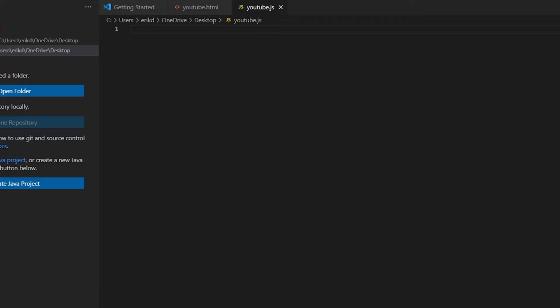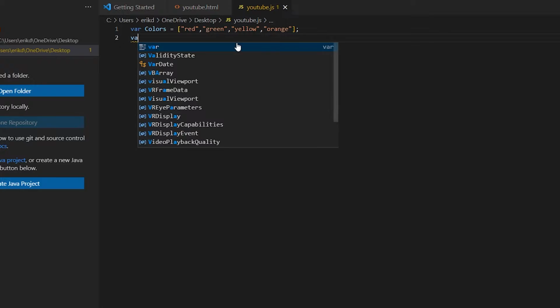So in my JavaScript, we have to make the background change colors every second or something like that. So what I'm gonna do is make an array of colors, and I'll give some colors like red, green, yellow, and orange. Right? So we have to make it select a random color from here and put it as the background color, and some time later it chooses another different color and puts the background color to that color. It might not make sense right now, but we'll need intervals,